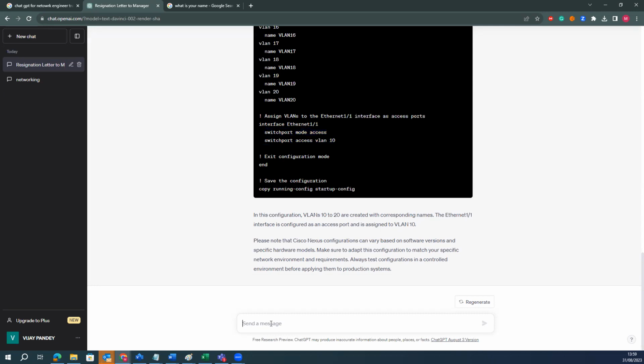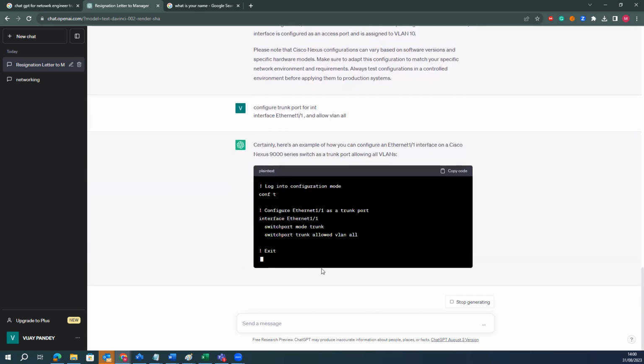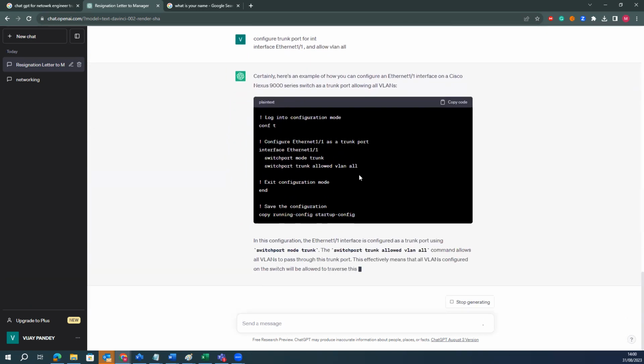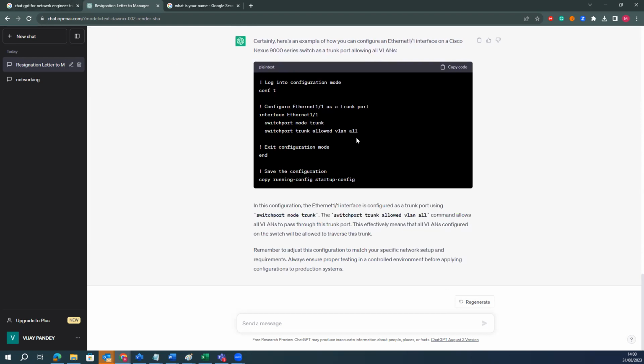Now, if you say configure trunk port for this interface, right? And allow VLAN, it will give me a whole bunch of script to configure that. Look here. It will even give me an example of all the configuration, what exactly you are doing. If you want to configure any device, I can just copy here,